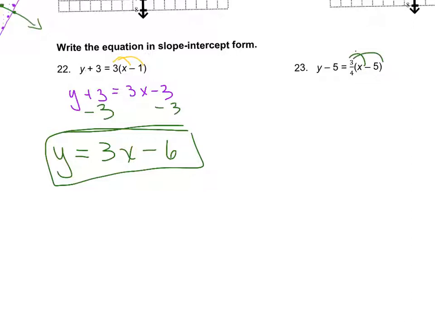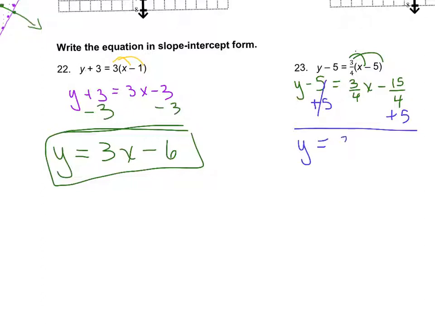Working with fractions, oh no. Relax. y equals 3/4 x minus 15/4. Now, I am going to put it in slope-intercept, so I'm going to add 5 to both sides. Don't worry about fractions with slope-intercept. y equals 3/4 x, and then again,